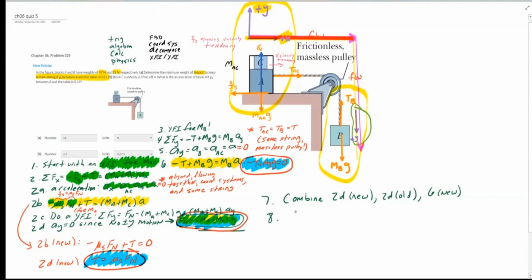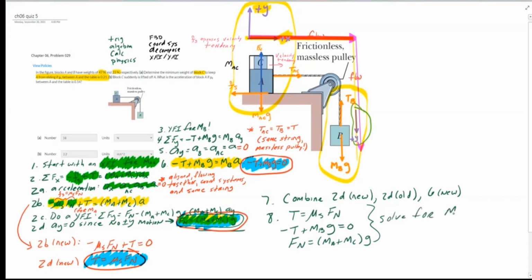So if I have T equals mu sub S F sub N, and I have minus T plus MBG equals 0. That's right, isn't it? I think so. And then if I have F sub N equals MA plus MC times G. Now I think, unless I'm still making a mistake, which is possible, but now solve